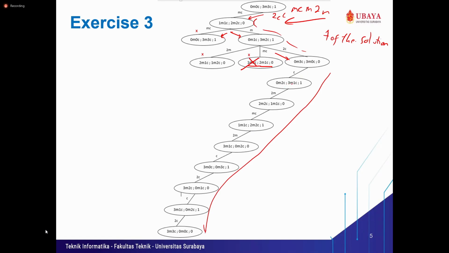And here too, missionaries are more than cannibals, and then it's equal, and then it's equal again, and then there are more missionaries, but no cannibals here. And then cannibals are returned to the right shore. Then we just need to move it bit by bit so that the cannibals can be moved to the western shore. Any questions for this?